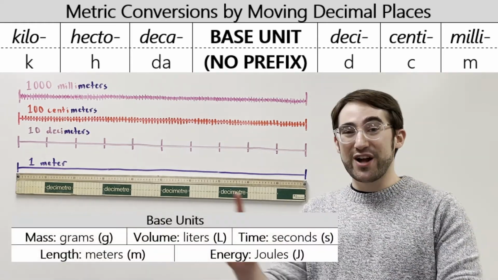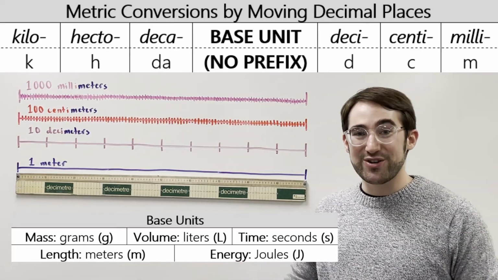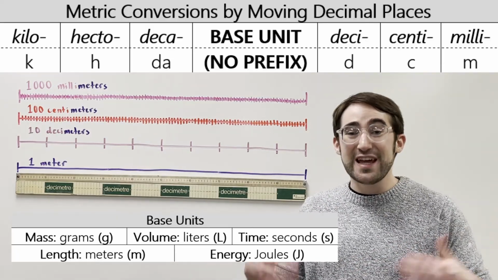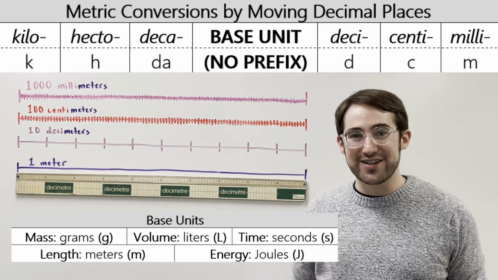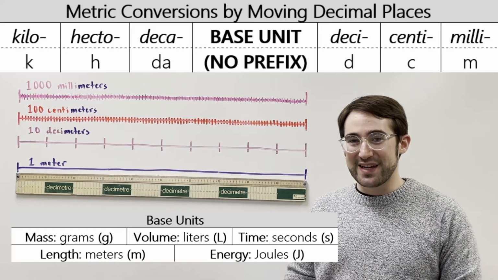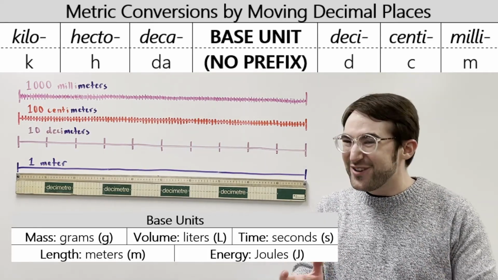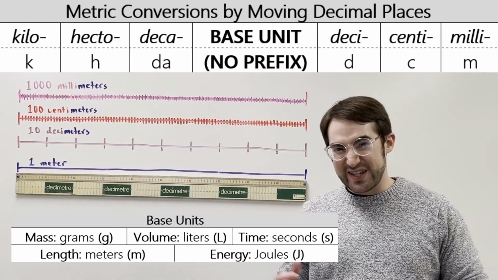Okay, so we can do this for grams, we can do it for liters, we can do it for meters, we can do it for seconds, and we can even do it for joules if we're measuring energy. You can have kilojoules and millijoules of energy, and whatever other prefix you want to tag onto it to make the unit fit what you're measuring. Okay? And this can help us make our data look a little bit nicer and a little bit easier to digest and visualize